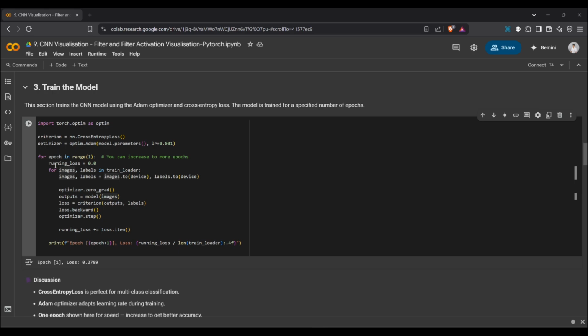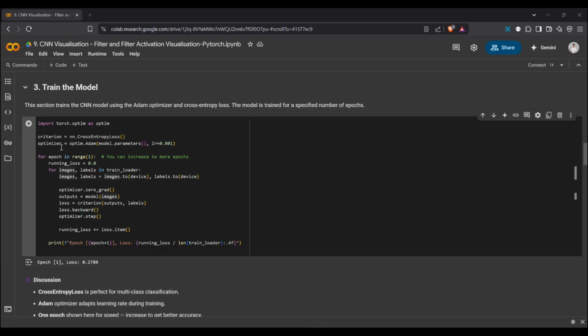As a review, an epoch is one complete pass over the entire data set, or one training cycle. Training for multiple epochs helps the model refine its weights for better accuracy.